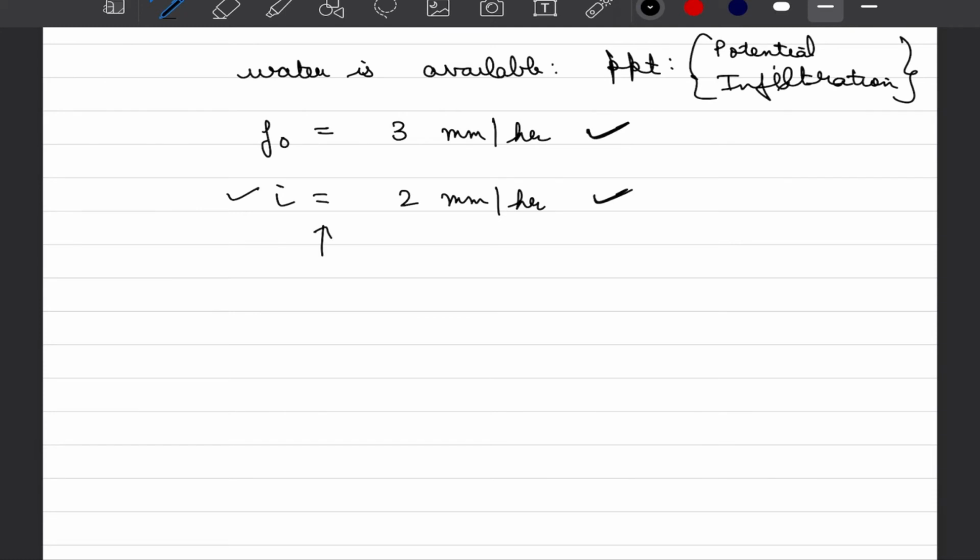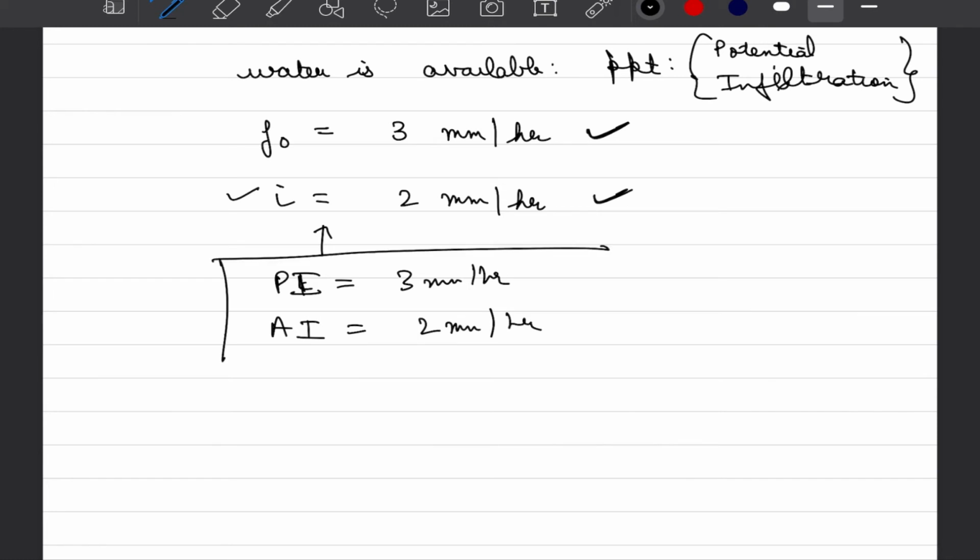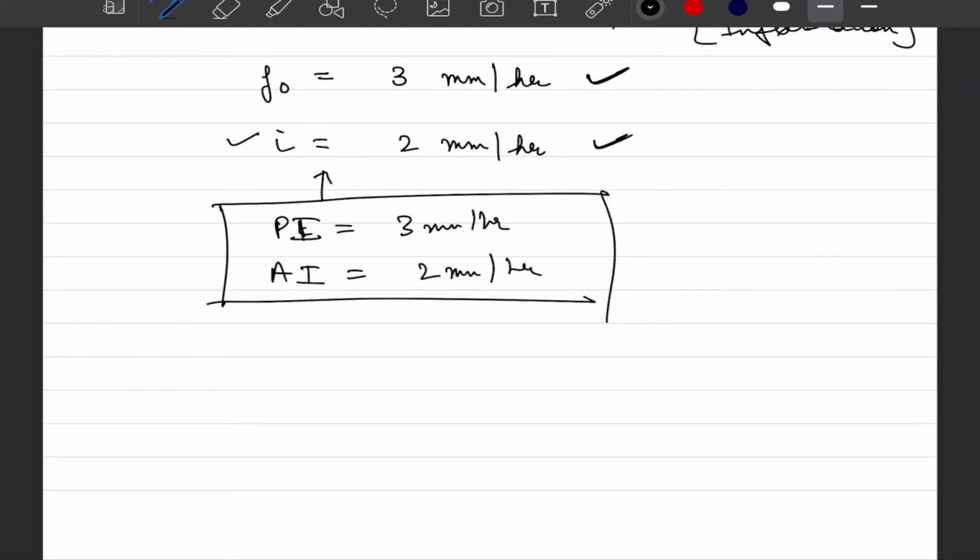So we would say that while potential infiltration is equal to 3 mm per hour, actual infiltration that is happening is 2 mm per hour. Another question would arise: up to what time would this infiltration occur